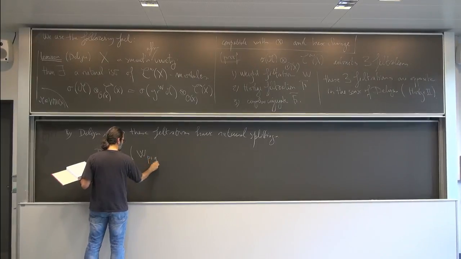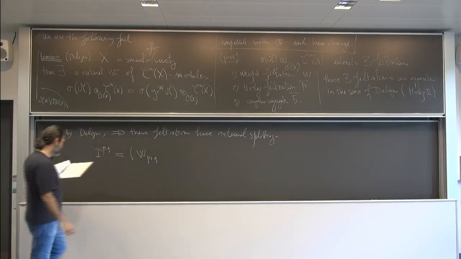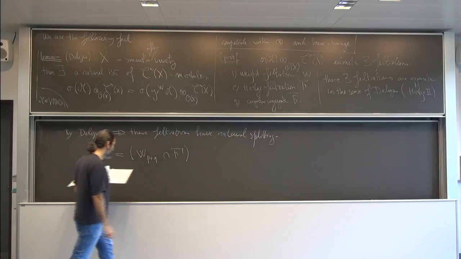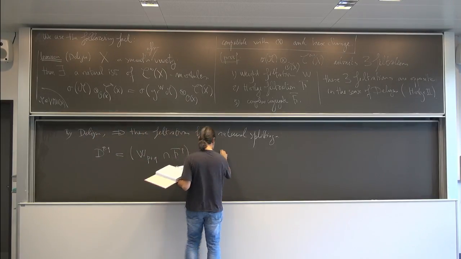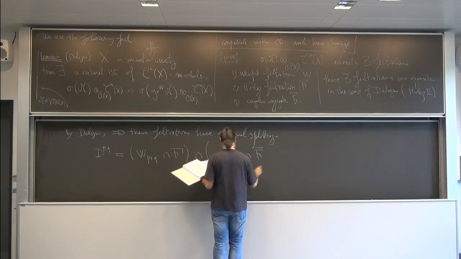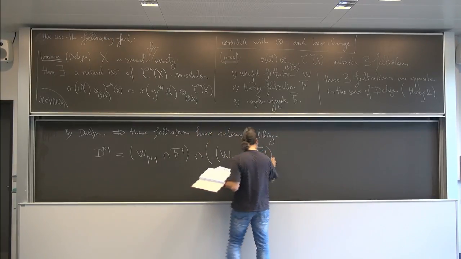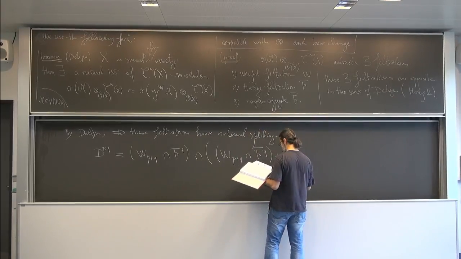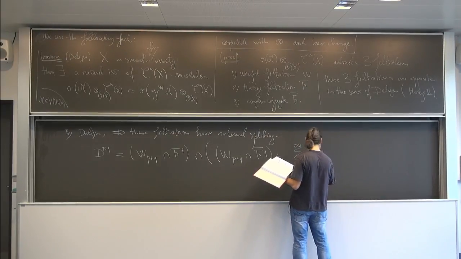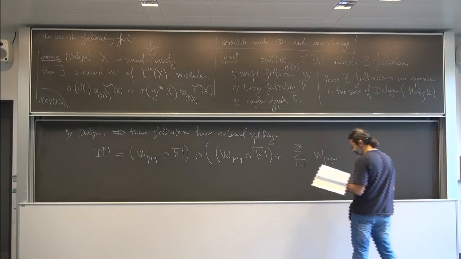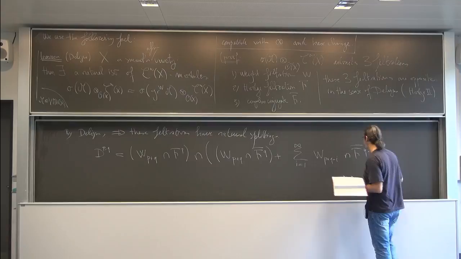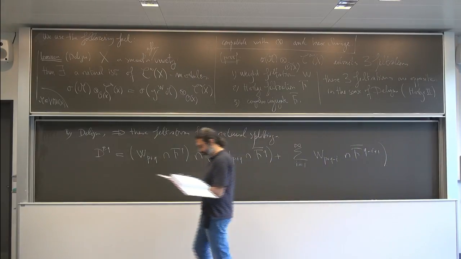This is the weight filtration intersecting with F^P, and then he does another intersection with again W_{P+Q}, now intersected with the opposite of the Hodge filtration, plus an infinite sum from i=1 to infinity of the weight filtration W_{P+Q-i} intersected with F-bar^{Q-i+1}. Okay, so these are subspaces, and then he shows that